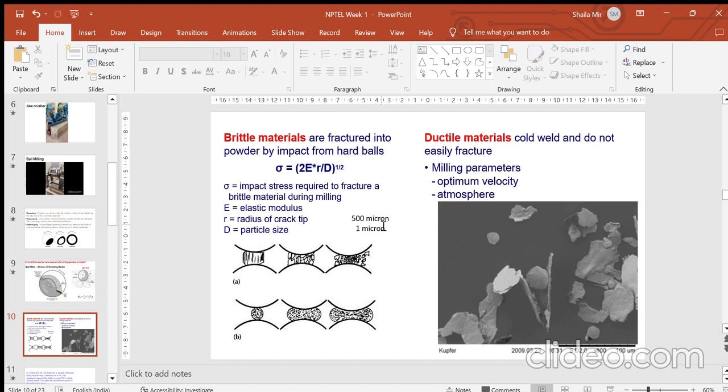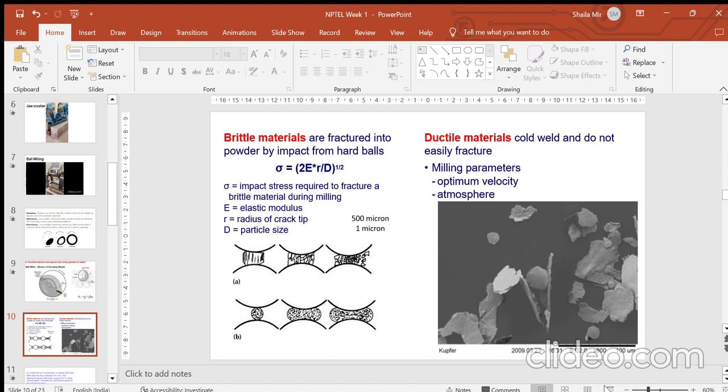So in powder metallurgy, apart from the technique of milling, it is very important to identify the particle size, because that will influence the amount of energy that you will exhibit in the process. It is important to identify the particle shape, because that will influence your subsequent processes, which are compaction and sintering, and so the density of the material. So apart from the processing of milling, we also have to identify the various influences of the particle sizes and